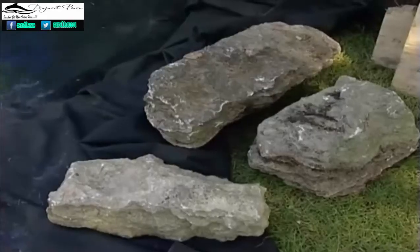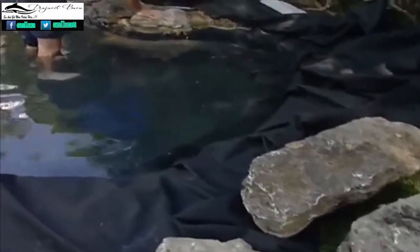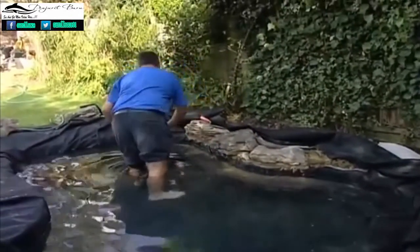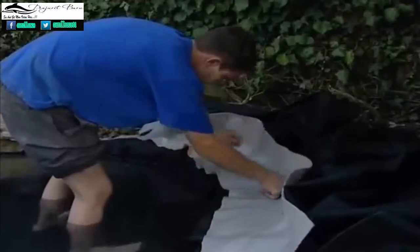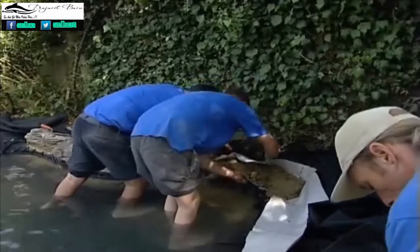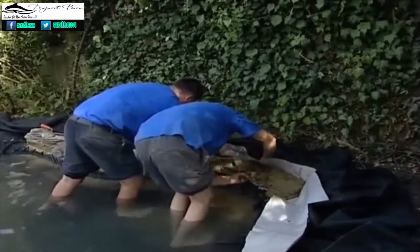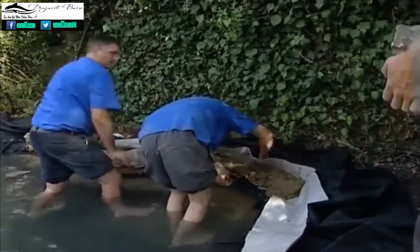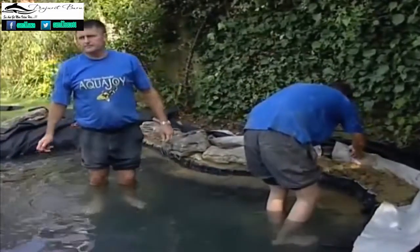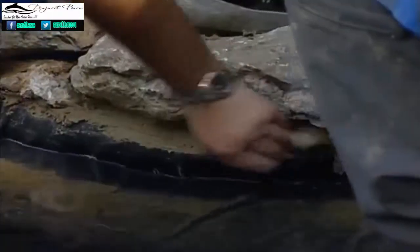Once you're happy with your choice, bed the rocks down onto a piece of underlay to protect the liner against the sharp edges of the rock face. To bed the rocks into position, use a mix of 1 part sharp sand, 1 part building sand, and 3 parts cement, with a waterproofing agent added to prevent any chemicals leaching into the water. Once the rocks have been positioned,